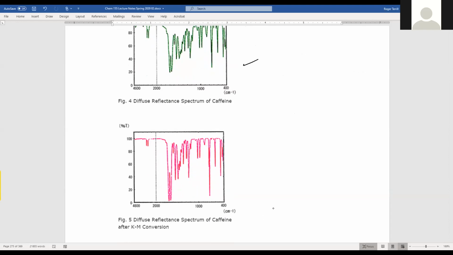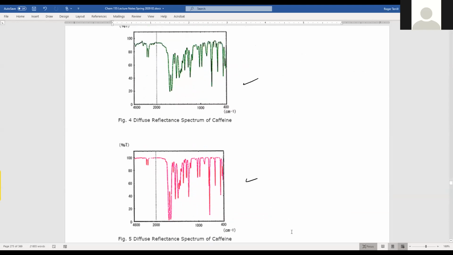And there's the spectrum before and after Kubelka-Monk transformation, right? And it just cleans up the baseline a little bit. It doesn't change it so much. It makes these peaks more intense, it sort of emphasizes certain peaks there,